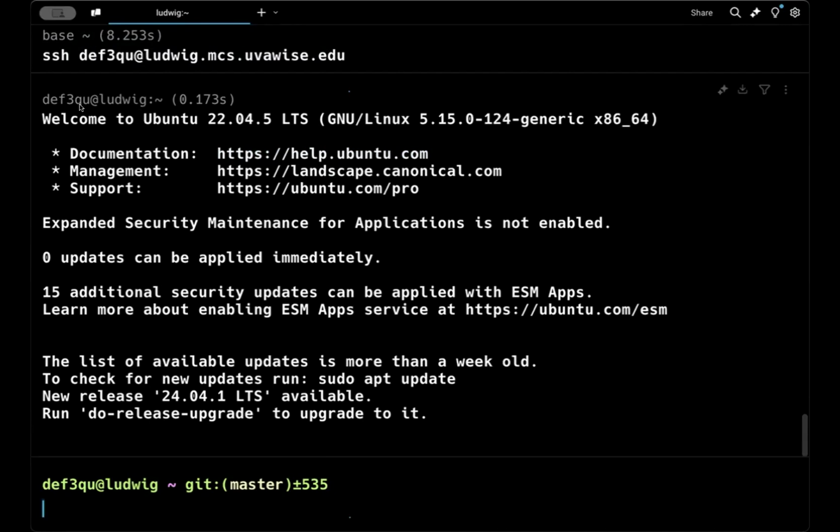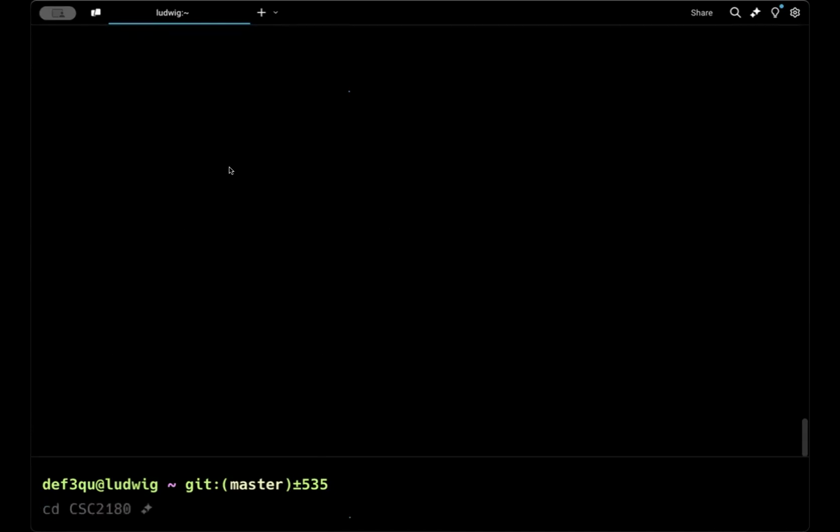Just know that when you see this "Welcome to Ubuntu 22.04.5," that could change. You're on the server. And again, typing the word clear gets rid of all that stuff. Okay. So the first time that you log in, you log in with your username, which